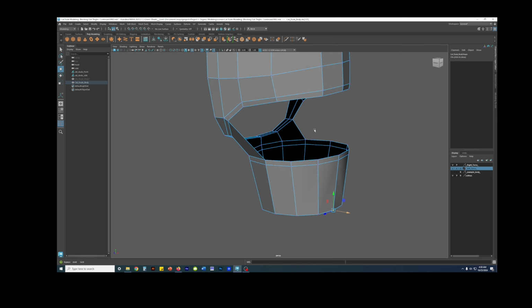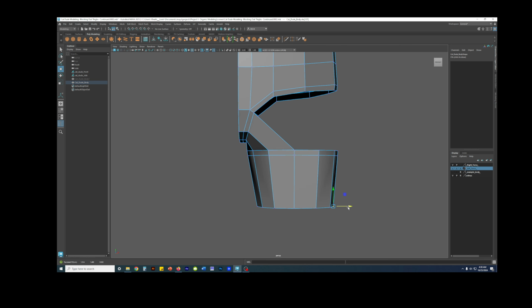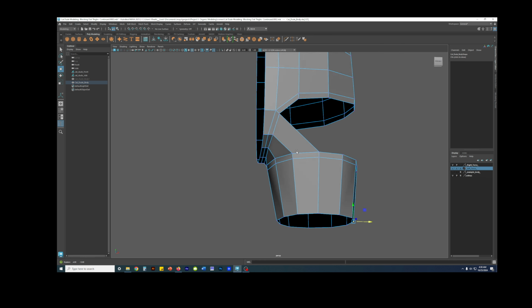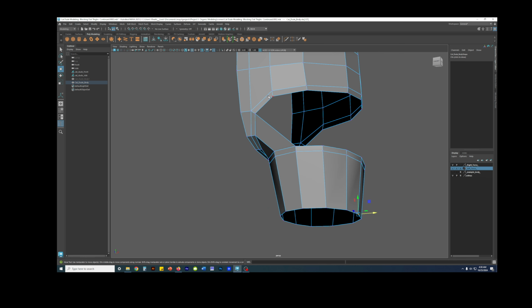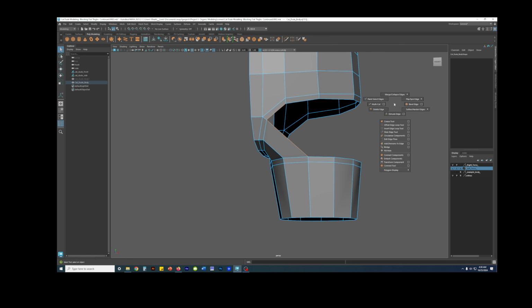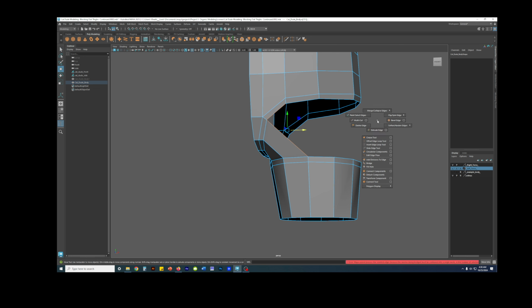Pull this in more, as long as my shape is maintaining. And then I'm gonna grab this and this. Shift right click. Okay, or maybe